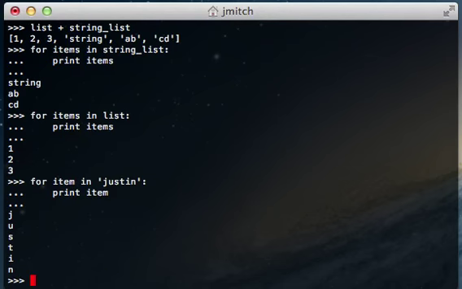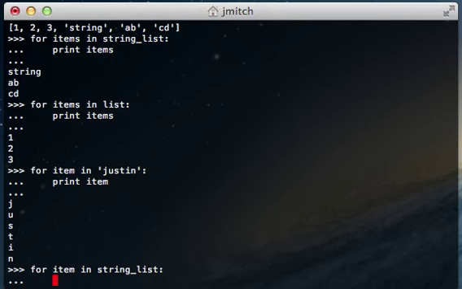So another thing that would be kind of strange to do, but for item in string list, and then for sub item in item,